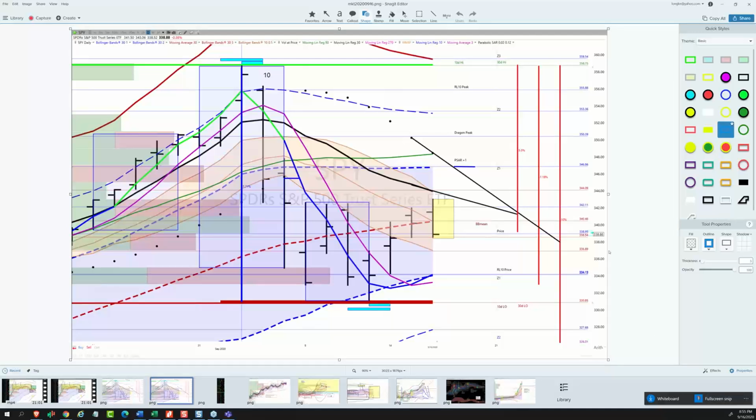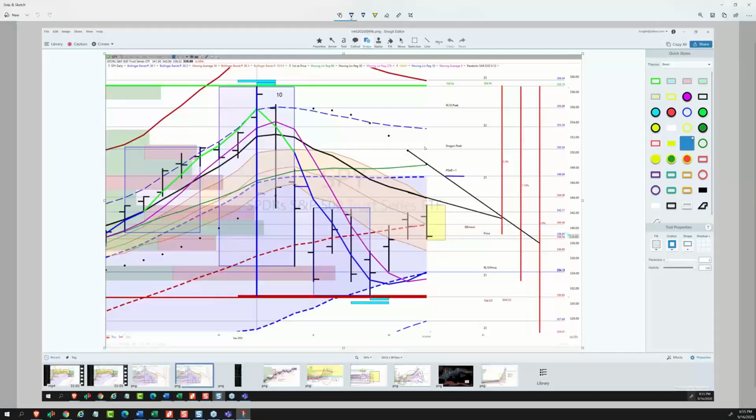Let me know if you guys are finding this helpful. And again, I spend more time on this than I do on any individual trade frames. Why? Because the market itself contributes 50% of the variability of all the things that I trade. So if I get this right, I've done half the work for all my other symbols. So there's a good payoff on this.